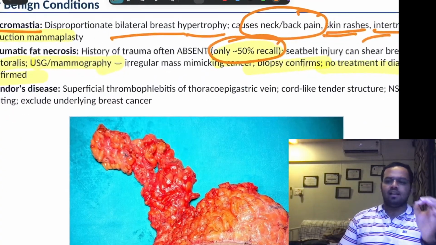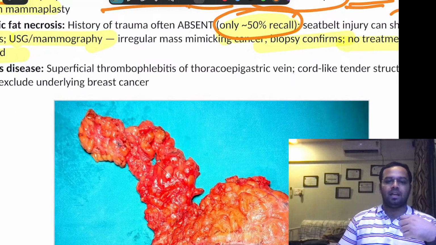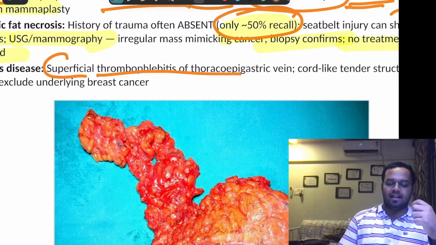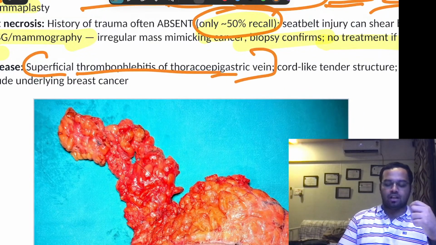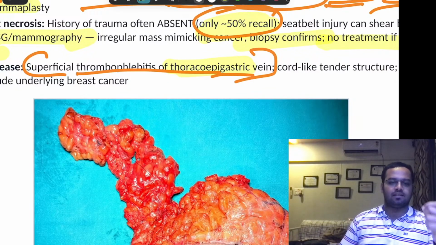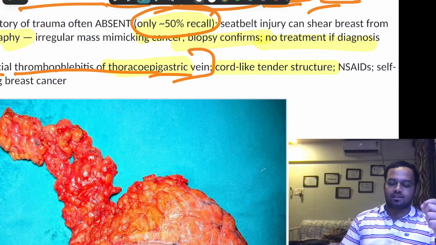What is Mondor's disease? Mondor's disease is when there is going to be a single, hard and prominent vein that is going to be seen. It is a superficial thrombophlebitis of the thoracoepigastric vein. So which vein is it? It's very much important for you to know. Which vein is important in Mondor's disease? The important vein is the thoracoepigastric vein, which is a cord-like tender structure, and it is